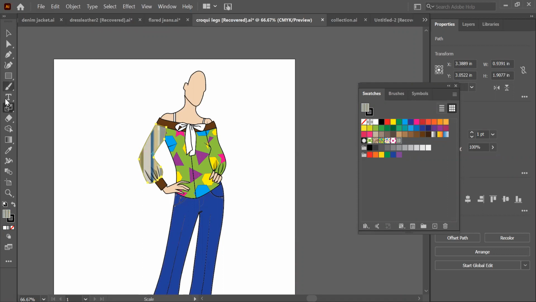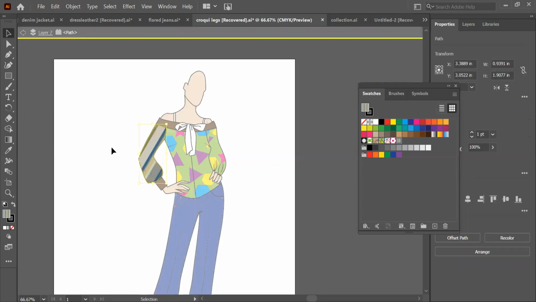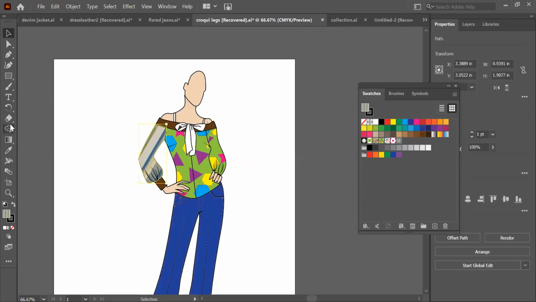So again, I'm going to go to the rotate key, hold on to the tilde key and rotate this. Somehow my scale is not right. I don't know why Illustrator does this. I'll reduce this further.